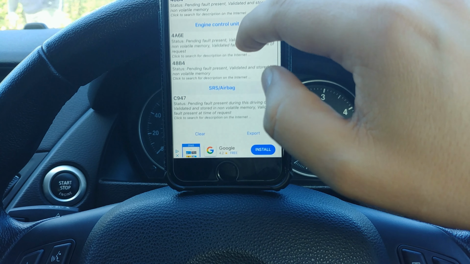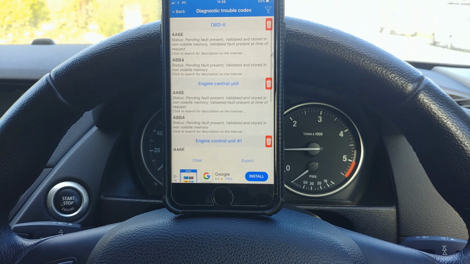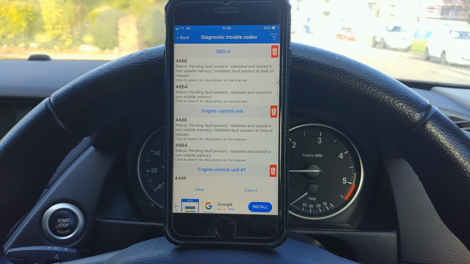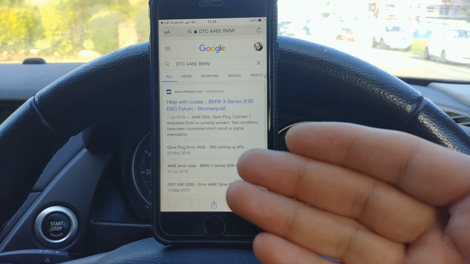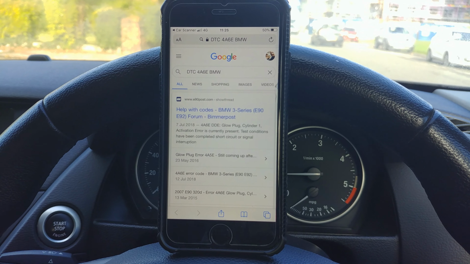So now what are you gonna do with this error, how to resolve this error? You have a few opportunities. You can localize the error and fix it yourself. You can simply click on the code error, it's gonna come directly on Google. It's gonna already preset a search result. You just go through the search and find what's wrong with your car.